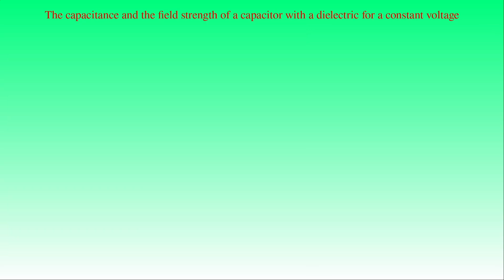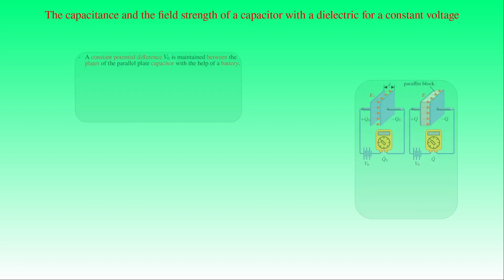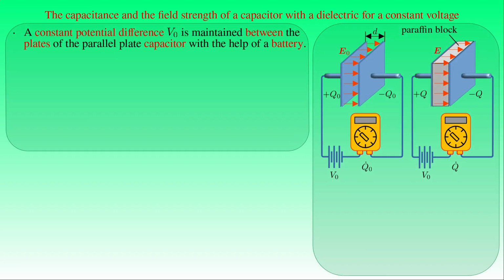Now we modify the conditions of the experiment in such a way that a constant potential difference V0 is maintained between the plates of the parallel plate capacitor with the help of a battery, while the electrometer is switched into the mode measuring electric current, that is the rate of the flow of electric charge described by the time derivative of the charge. In the case of the capacitor with the paraffin block, that is a dielectric between its plates,